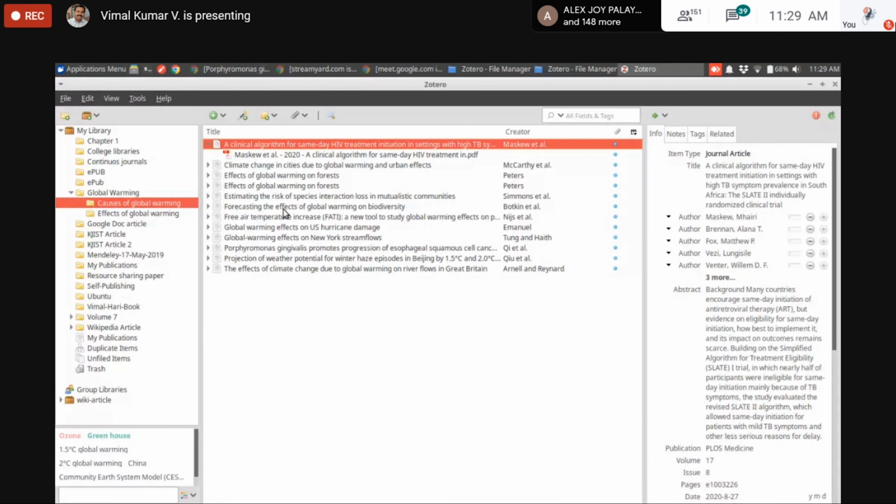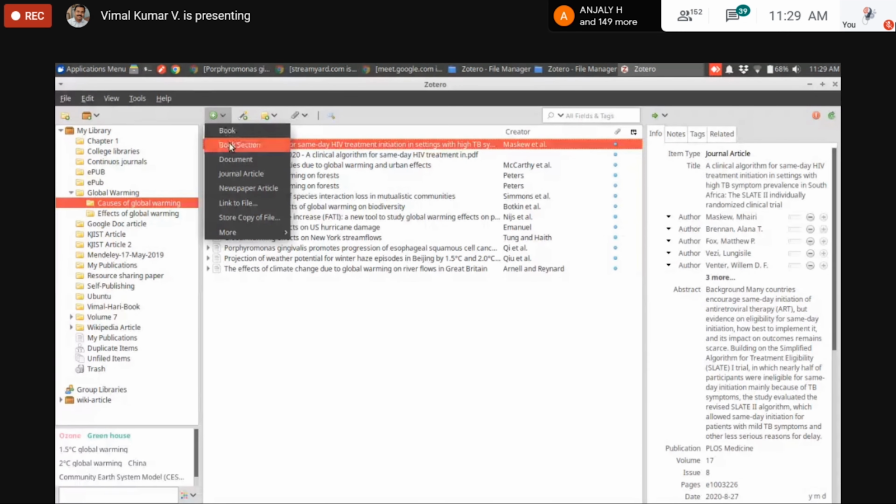Okay. Next is the third method. We can add item details from scratch. Suppose you are going to use an article or book or any other document and no details are available on the internet. You can add those details and enter them manually.